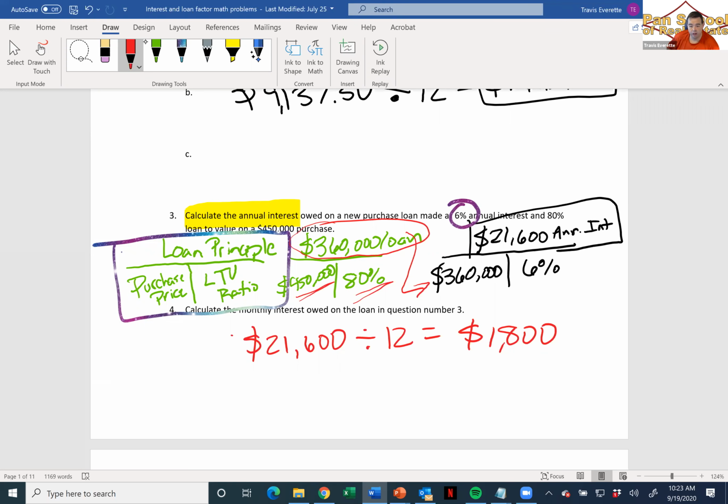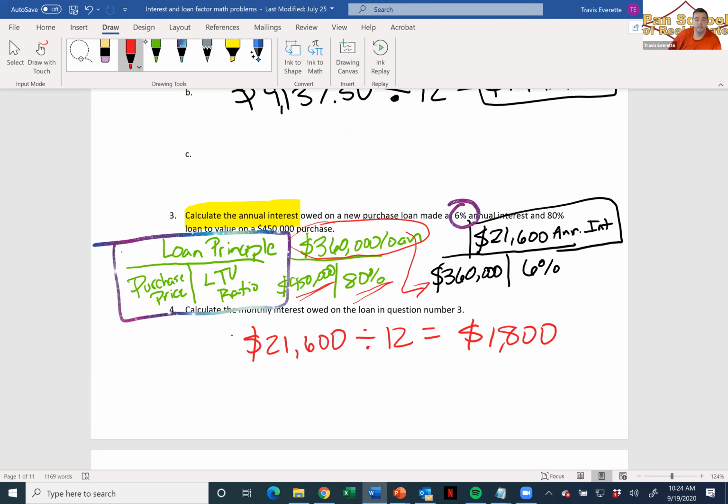Because now we know the loan amount and the interest rate. So after you find out the loan amount, then you turn around and do 360,000 times 6%. That's right. And that's your annual interest. Okay, I got it. I was just getting confused because with the top one, you have the annual interest on top and then the loan balance and interest rate, and then at number 3, it went to loan principal, but I'm realizing it's the exact same thing. It is the same thing.